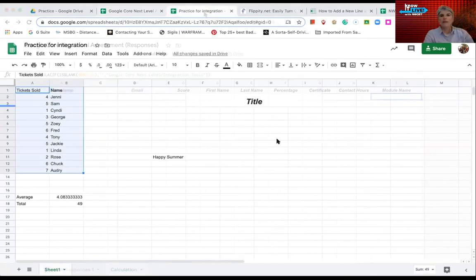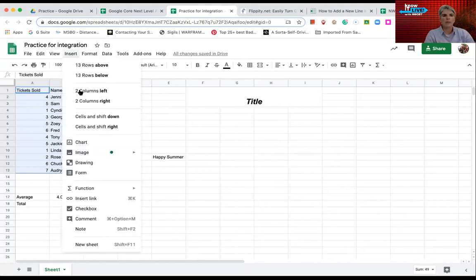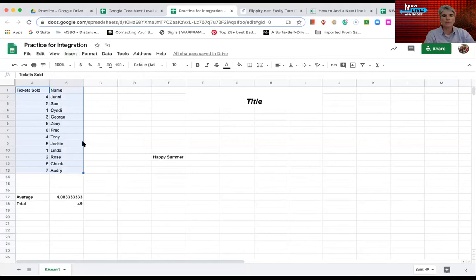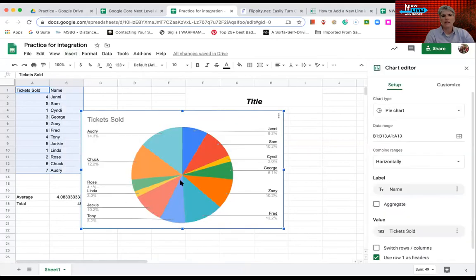Okay, now I've put another column of data in my sheet so I can show you how to insert a chart or a graph. Now, the data that I have in here are tickets sold and name, and I probably would have them reversed. You're going to have your data in here a different way. You're going to have different data in there, and you're going to think about, how do I want to display that data? So when I go into insert and then chart, it automatically gives me an image of the names and then how many were sold